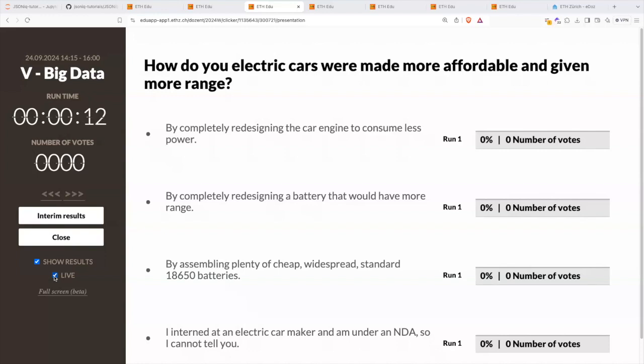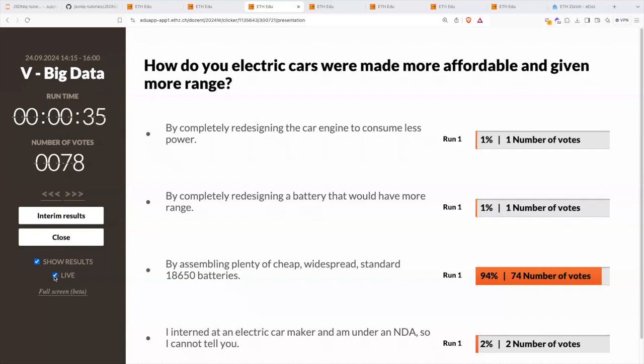So when we started building electric cars, how did we design the batteries? Because you have a scaling problem with the number of batteries, right? So what do you do? You completely redesign the engine, you design a battery that would have more range, or you assemble plenty of cheap, widespread, standard 18650 batteries. Hint, hint, hint, the previous question.